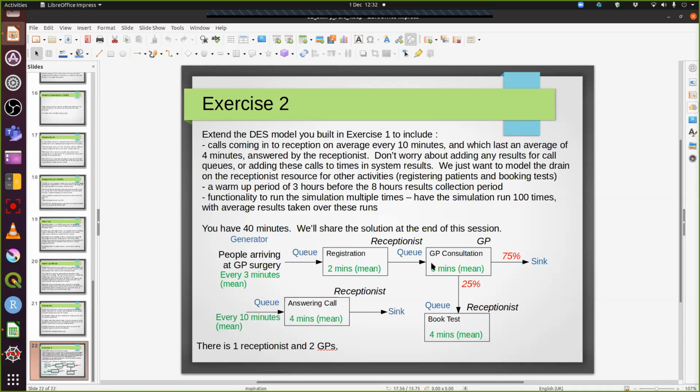So you'll have situations like this where you're modeling something where you're not particularly interested in the queue for the phone. You're interested in this over here, but you're modeling this because you need to capture the fact that the receptionist is also being called away to answer these telephone calls. So you're capturing the drain on the time and what impact it has on the bit of the system that you're interested in. I also want you to include a warm-up period of 3 hours before 8 hours of results are collected,